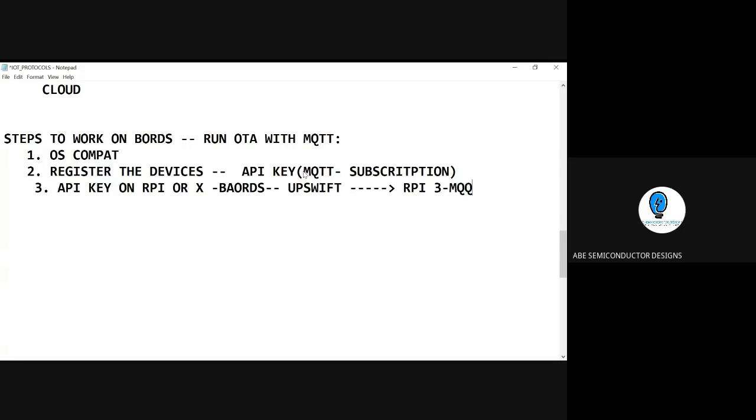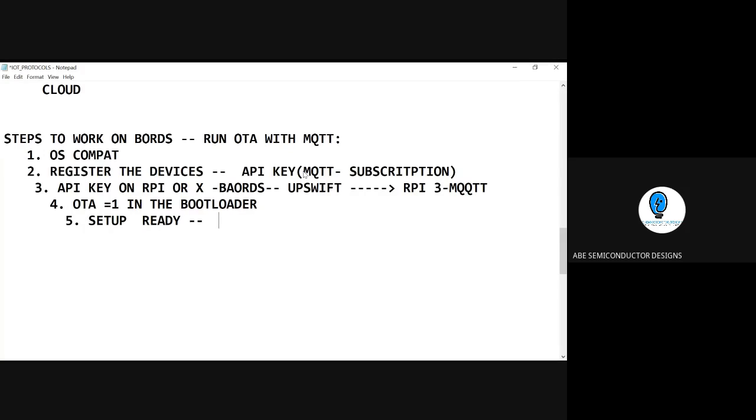This is the logic. Now what you have to do is take care of your mechanism. Since the devices are connected, you have to enable your OTA. I told you already, the OTA bit has to be made in the bootloader section. So after making it, the setup is ready. The fifth step is that your setup is ready right now to make an application.